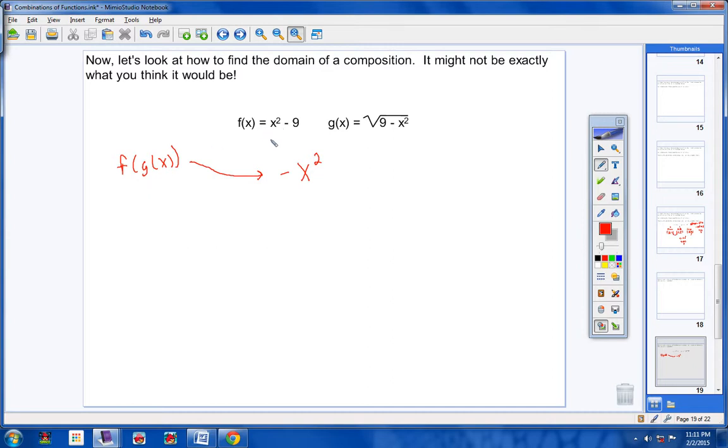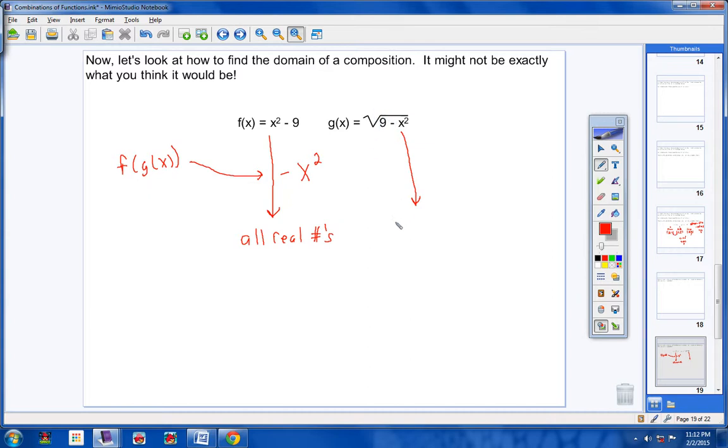So let's start off with f. The domain of f here would be what? It's very obvious. All real numbers, because you can put anything in for x, anything you want. Over here, however, is a little different. Now, I'm not going to take time and do all this work. Notice we have a quadratic under a radical. I'm not going to do the number line and check the regions. We've done enough of those. But I'm going to tell you right now, the domain for this function right here